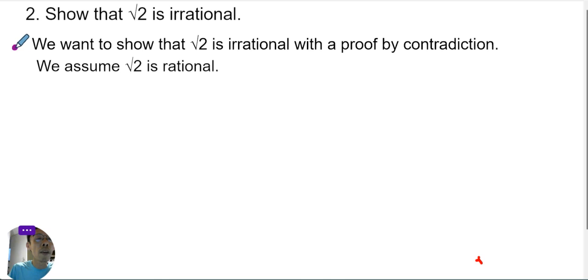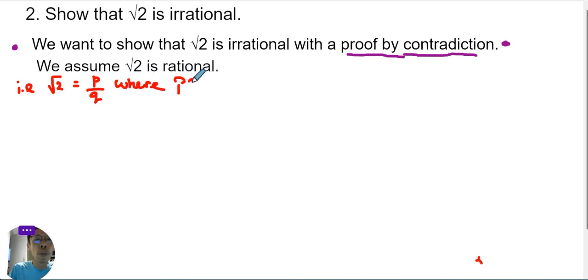So we will start the proof by writing. Please also make sure that you write this all the time. We want to show that square root of 2 is irrational with a proof by contradiction. So clearly identify what proof we are doing, and then we assume square root of 2 is rational. That is, square root of 2 can be written as, for example, P over Q,